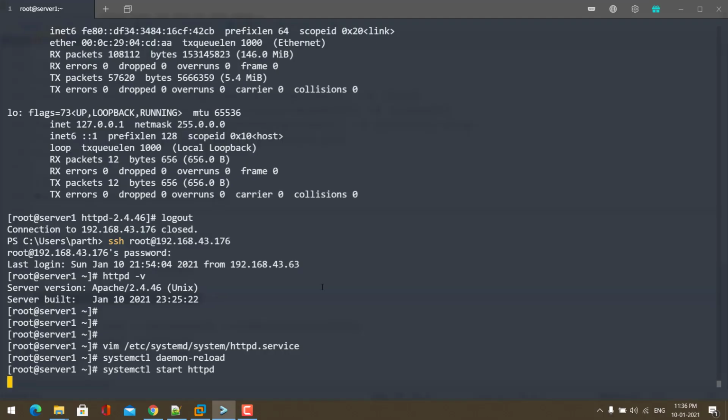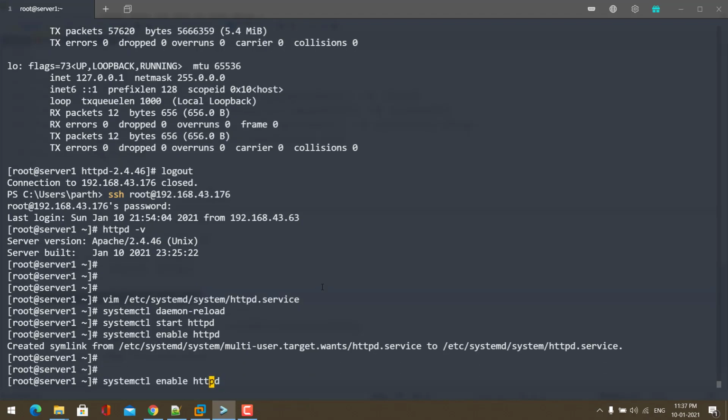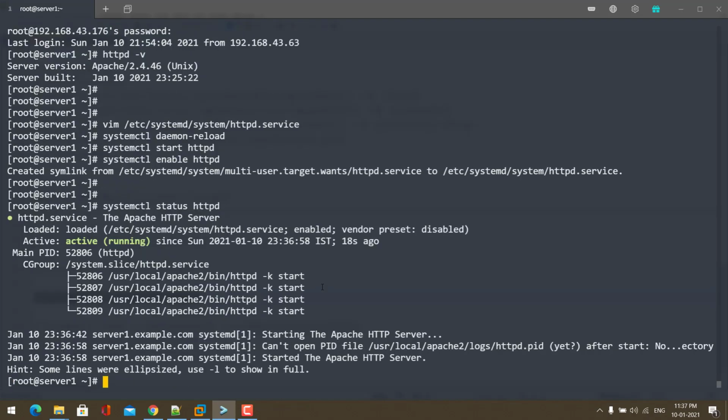If you don't enable the service, the next reboot, the service is automatically in stop state. So you need to enable the service. Now check the status. systemctl status httpd. Here you must have active and running state and in enabled state.